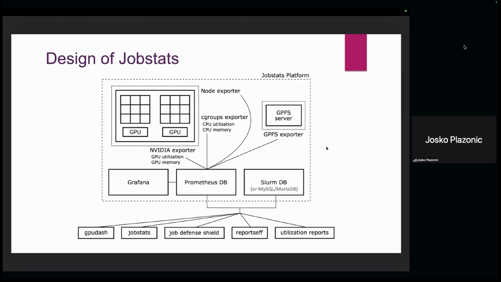We can also take advantage of some other exporters, like the GPFS exporter, but that's not used in the actual calculation of any job efficiencies. But we find it useful to collect that data as well so we can look at the overall utilization of the job in a Grafana dashboard and see how the job was performing as far as its network file system use,